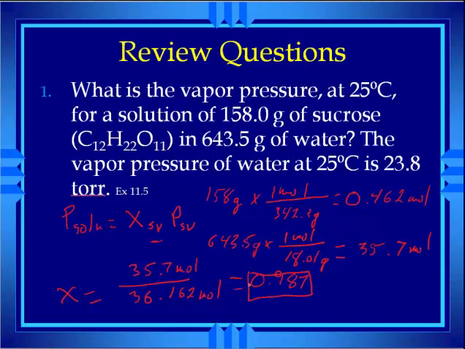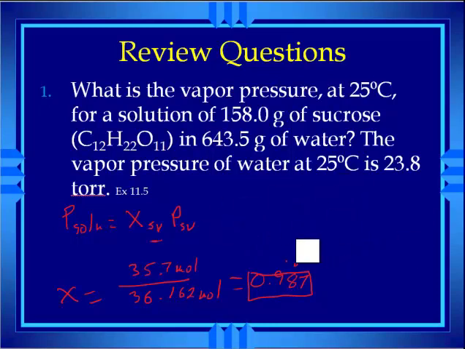Okay, so I'm going to use that number and plug that in there. Let me just do a quick erase to get this out of the way. Okay, and so I'm trying to find the vapor pressure of the solution, right? So I'll put my equal sign here, and I'll put 0.987, and then I've got to multiply by the pressure of the solvent. Well, what's the pressure of the solvent? It tells you right here at 25 degrees Celsius, which happens to be what we're doing this problem at, it is 23.8 torr. So times 23.8 torr,